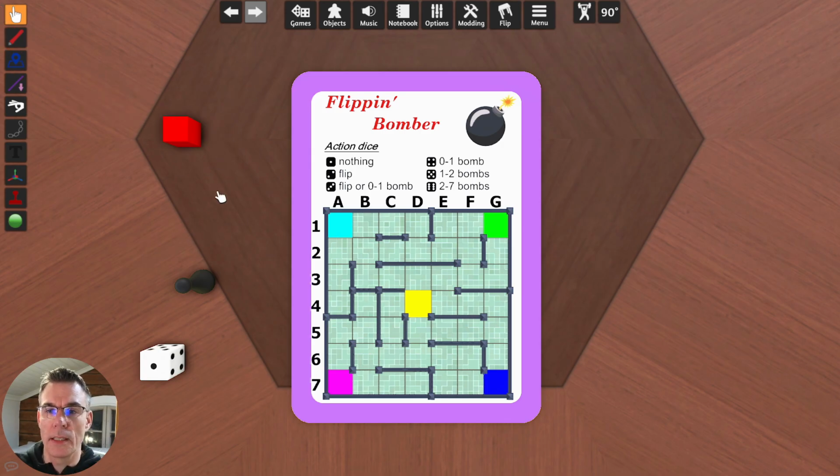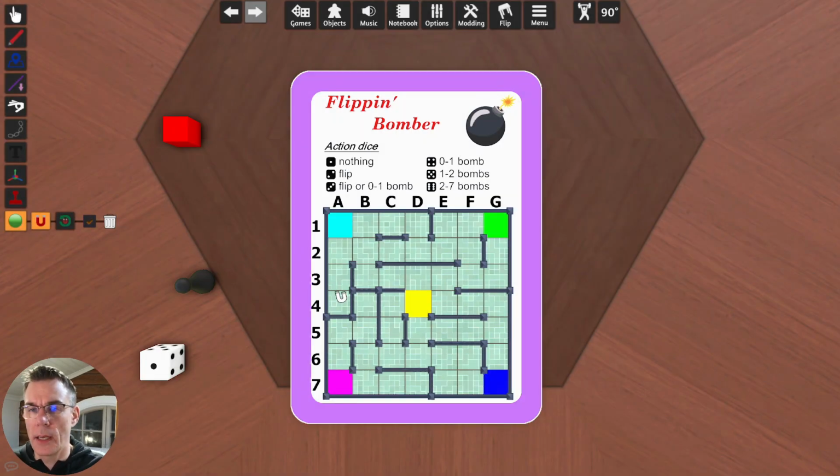So we want to make these snap points on the card, not on the table. So let's remove everything. One thing you should notice is that if you click on the card, anywhere on the card, the snap point always goes in the center of the card.